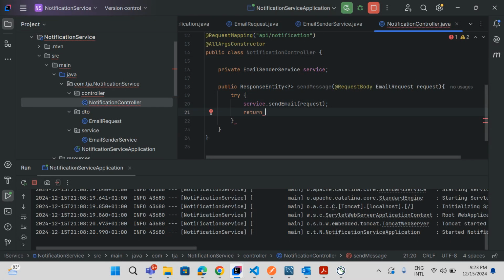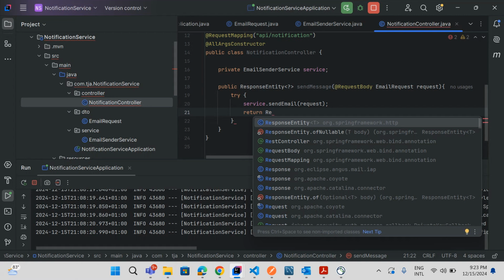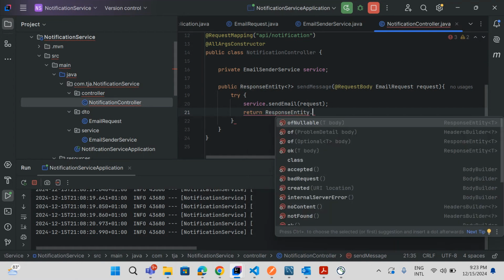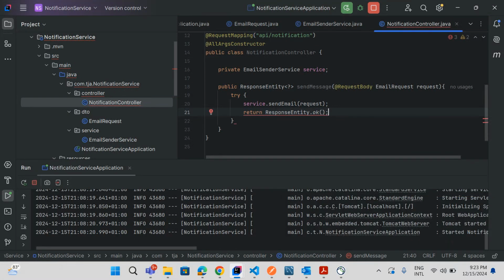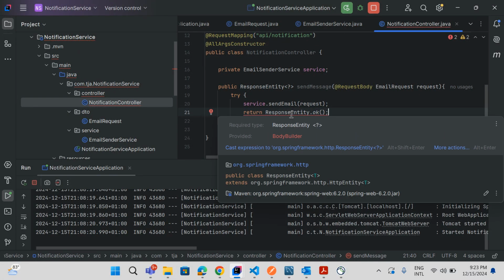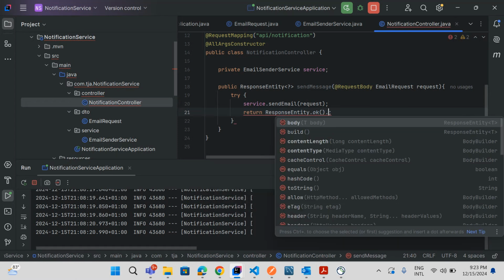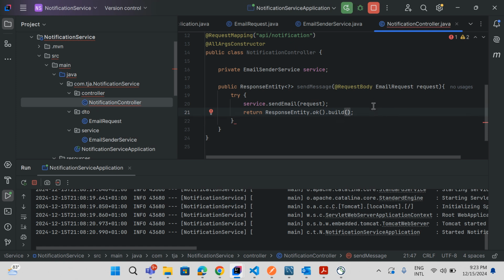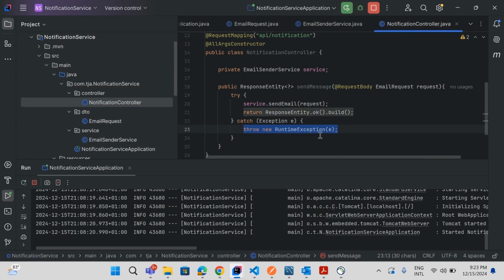Then we'll just return ResponseEntity.ok. Okay, so we can return this. So to set up our catch block,